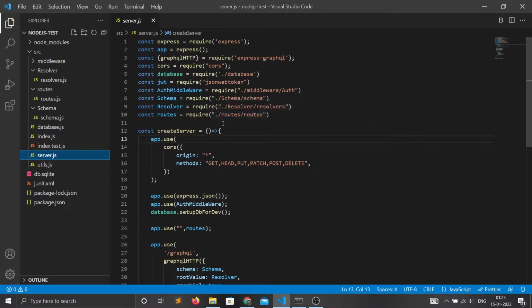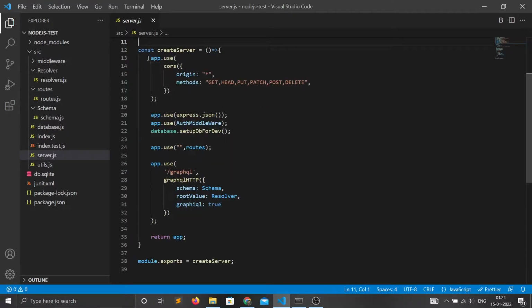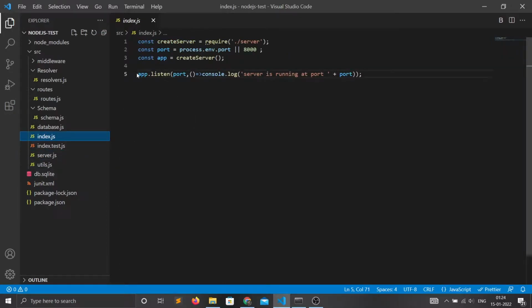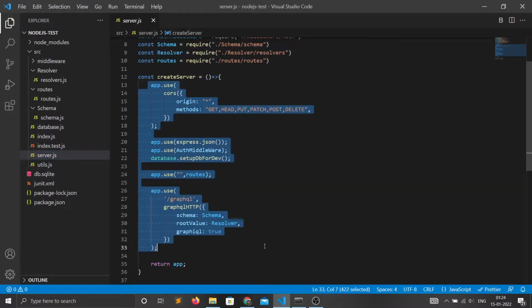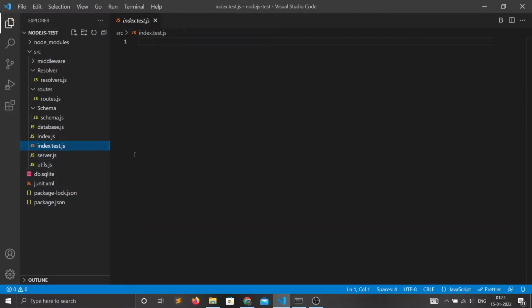So first we need to create a server, and we need this server in the testing as well as when we are running our app. So create a function which would be returning the Express app. We can use this function in the index where we would be listening to the server. Like here, I said app create server, and this create server here is returning an app. We just define all the middleware and routes in the function and then return this app. And we can also use this app in our test.